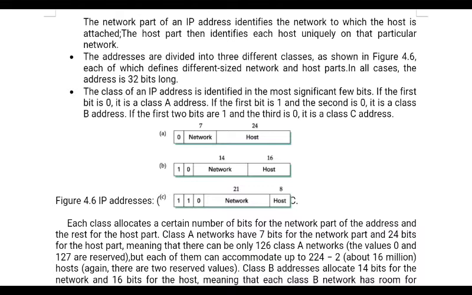Now when we come to class C, already you know that the first 3 bits, 1 1 and 0, indicate class C, and 21 bits are used to represent the network address, and just 8 bits are used to represent the host address. Now if 21 bits are used to represent the network address, how many network addresses are generated here? 2 million network addresses are going to be generated here. Is it clear? 2 million network addresses.